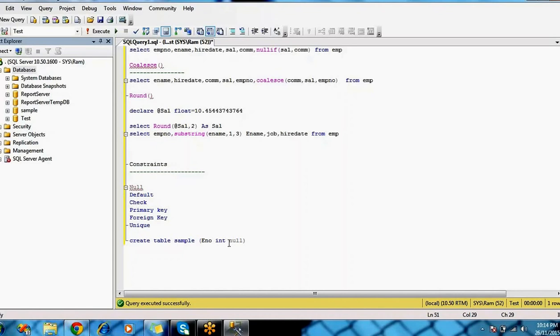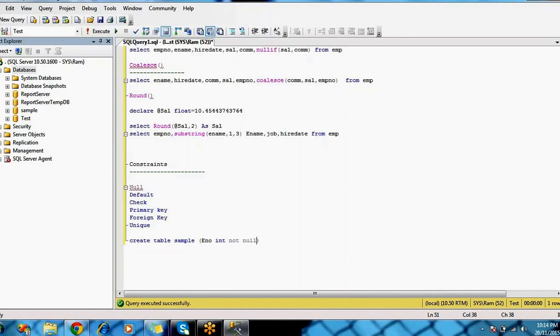If you make it NOT NULL, what happens? You have to insert a value for this employee number. If you make this NOT NULL and try to insert a null value into the employee number column, it is not allowed because you have put a NOT NULL constraint.